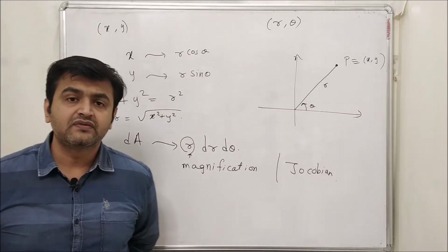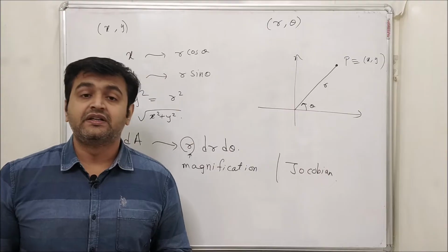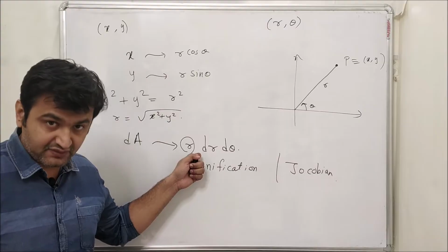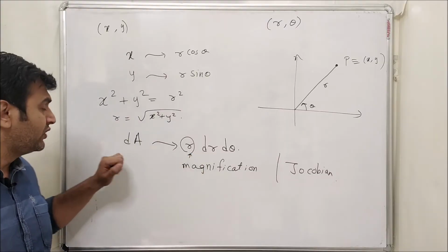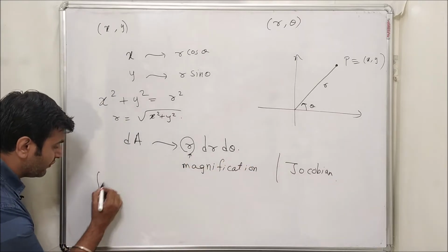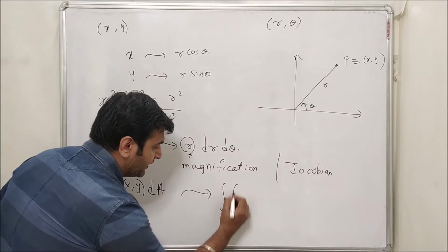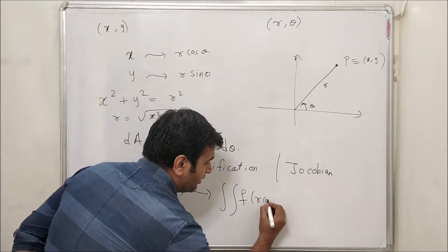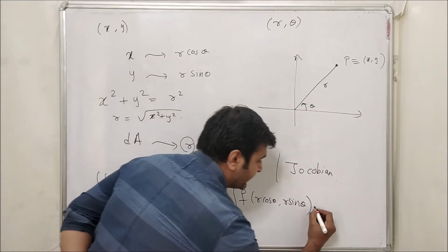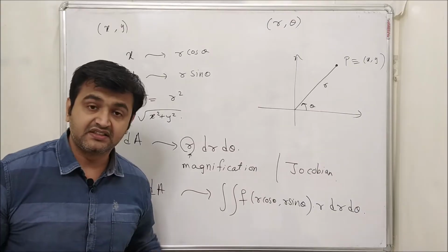If I want to give you the proof of this, you need to wait for a while, because when I talk about substitution in multiple integration, I will give you a very general formula, and from there we will prove this as well. For now, just keep in mind that you replace dy dx or dx dy by these three terms. So in general, in the double integral you replace x by r cos theta and y by r sin theta, giving an expression in terms of r and theta, and dA by r dr d theta. This is the transition.